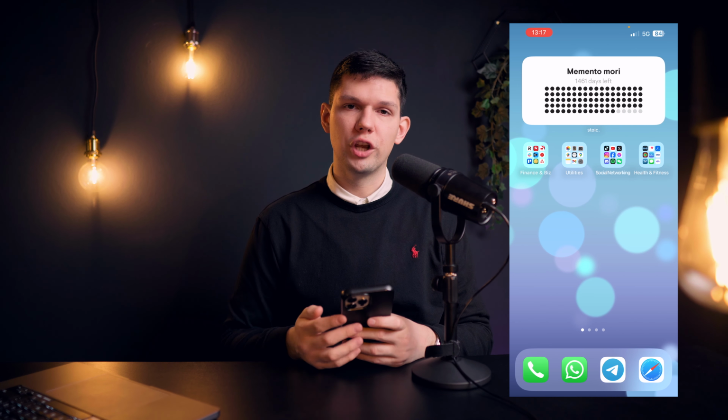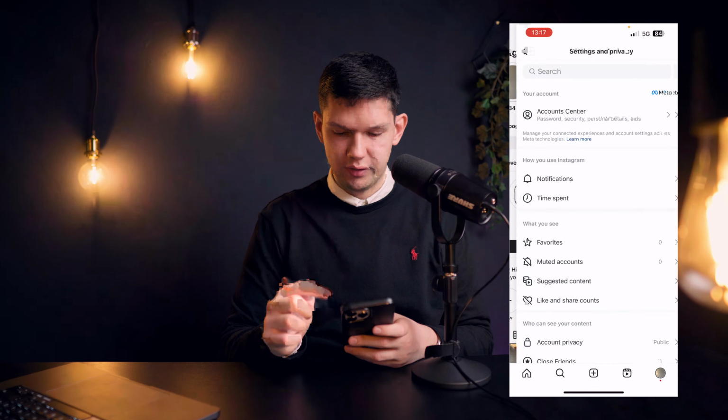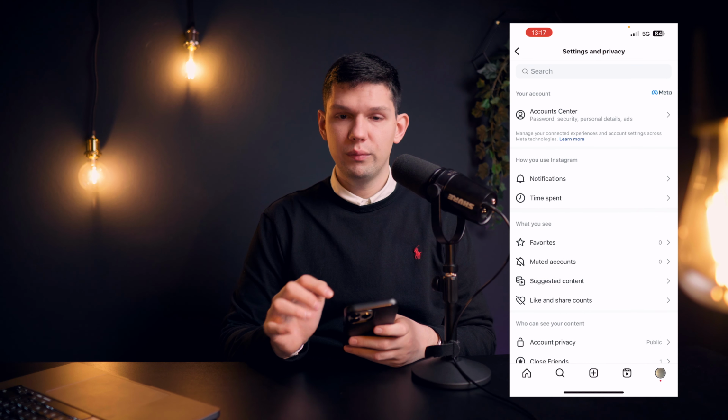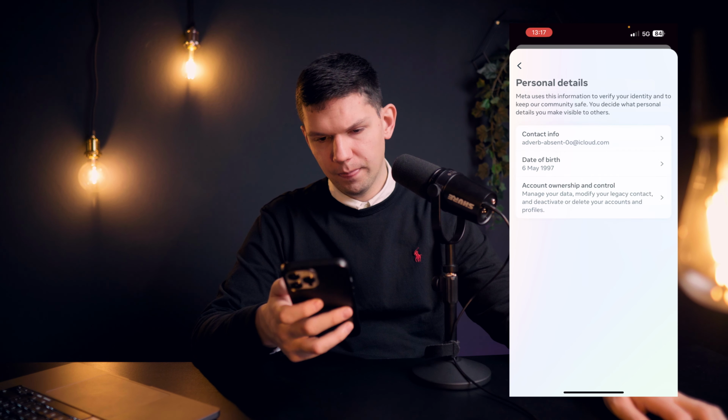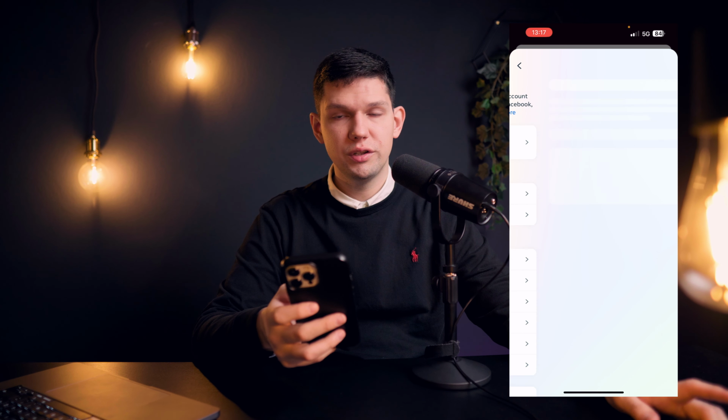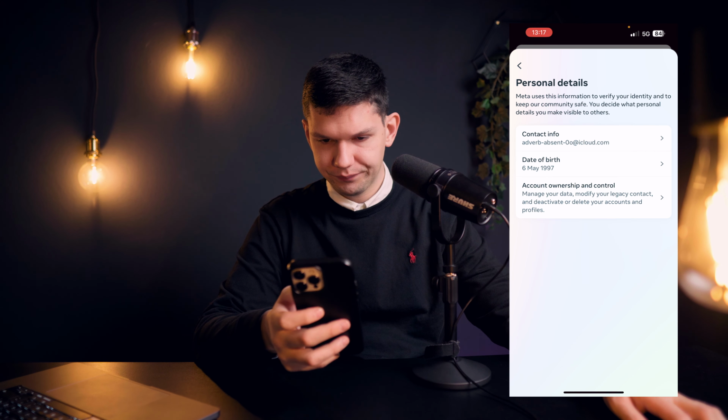So let's hop onto your Instagram, and from there you want to click on the bottom right to open up your menu. From there go to top right on the hamburger menu and then click on settings and privacy. From there you want to click on Accounts Center. Then you want to click on personal details and then click on account ownership and control, and then tap on